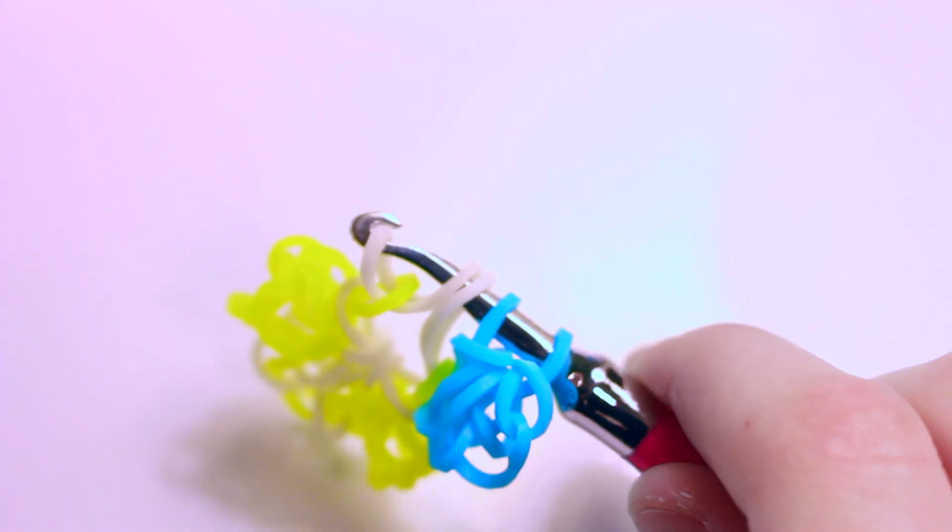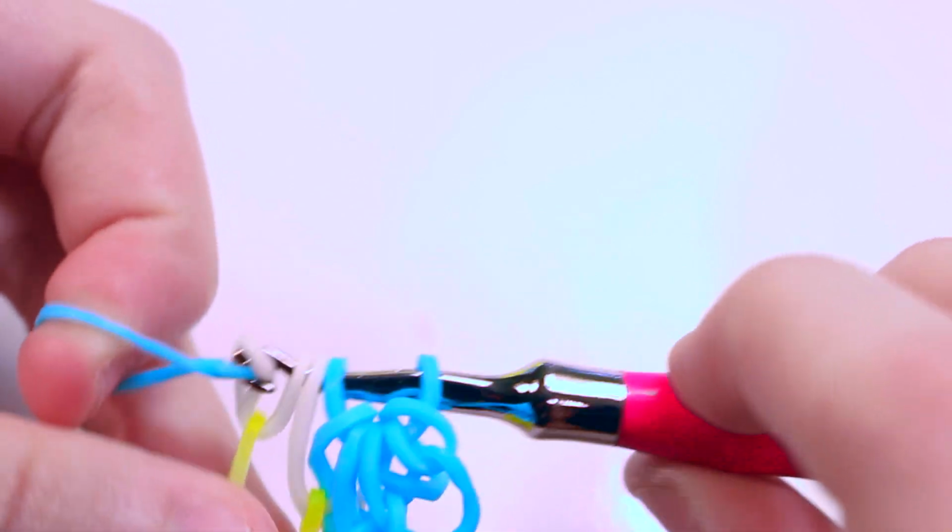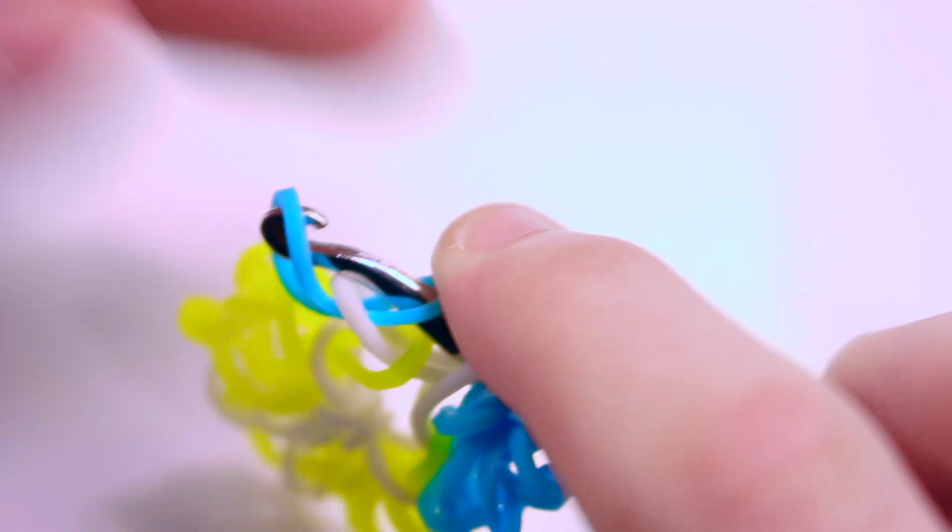So I'm going to do the 4 bands, and since you can see it, I'm not really sure how to explain it very well, but